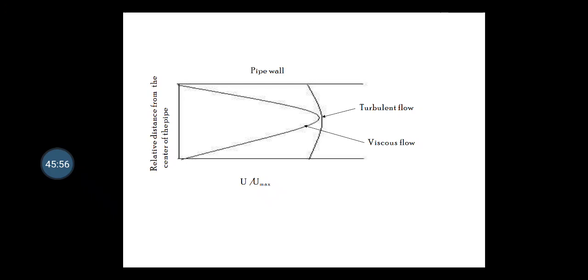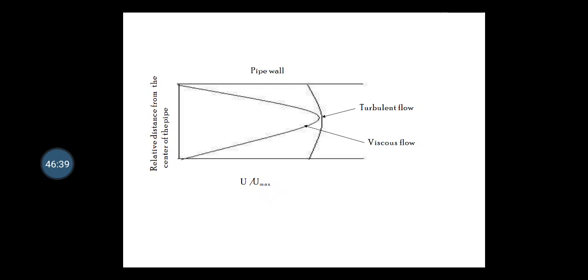Since variations are observed in the velocity of flow across the cross section, there should be some means of estimating an average velocity. There are a few points which I am going to discuss, so concentrate on my words. First situation, in viscous condition, the average velocity over the whole cross section is 0.5 times the maximum. Second case, in turbulent flow, the average velocity over the whole cross section is 0.8 times the maximum.